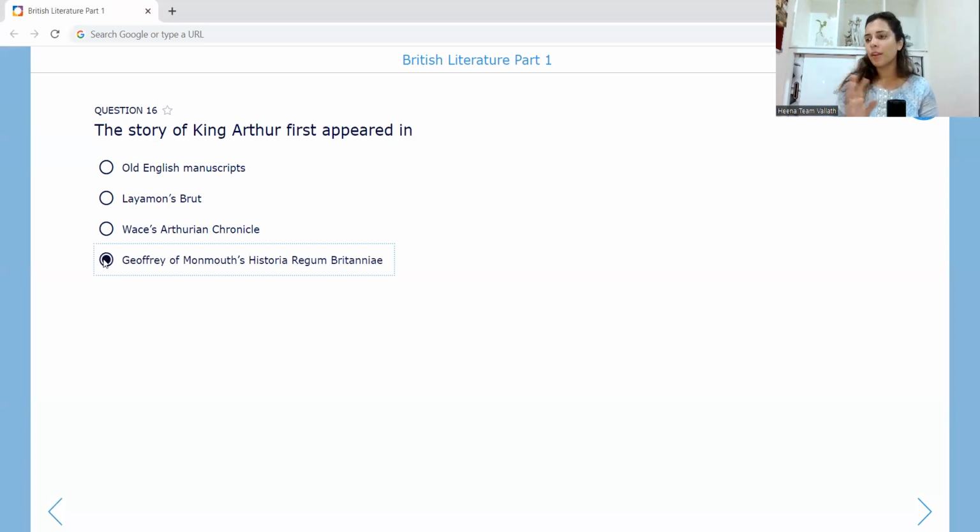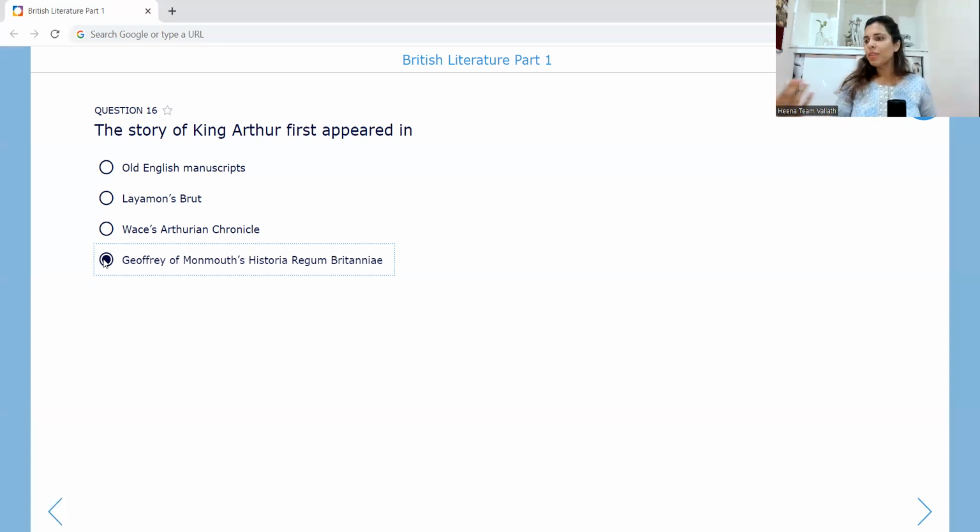Now see, King Arthur as a historical figure, first of all, was spoken about in, let me tell you, when I Googled, King Arthur was first discussed in Historia Brittonum and Annales Cambriae, in these two books. But when you see who popularized it, the answer comes as Geoffrey of Monmouth. He popularized it because he discussed King Arthur at length in his work Historia Regum Britanniae.